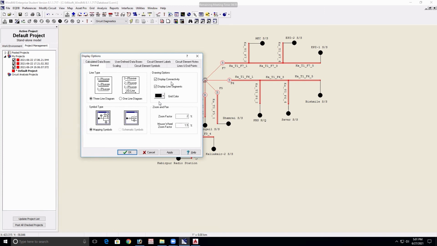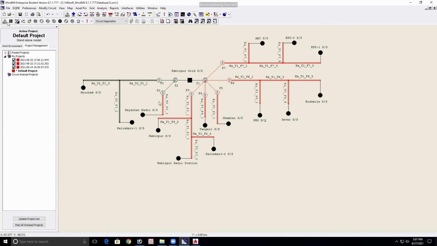Click it. Then source. First source, it should be yellow. I can connect source to transformer, but transformer to feeder I cannot connect.